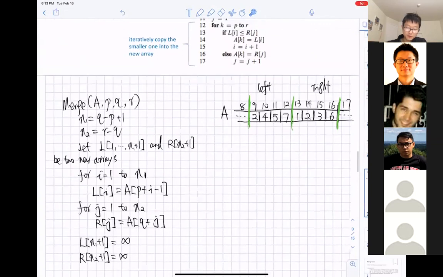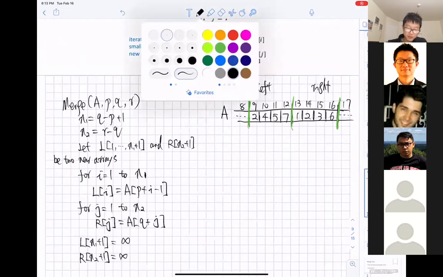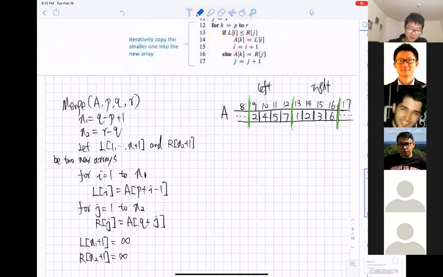So what we should get is P as 9, because the beginning index of the left subarray is 9, and Q is 12, and then R is 16, right?